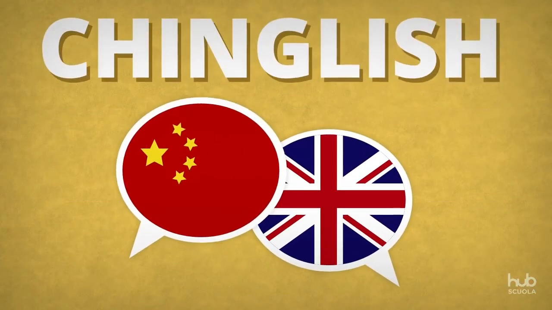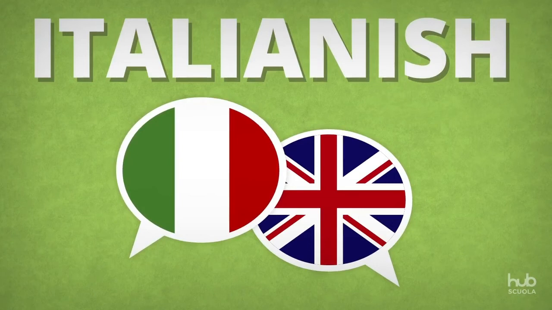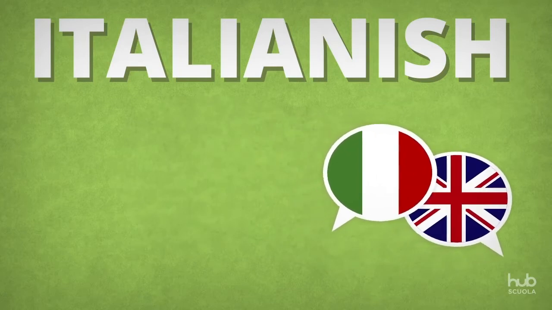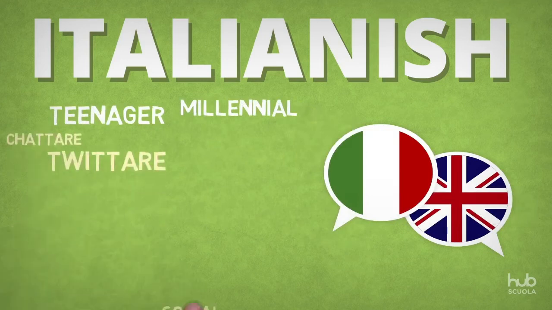Chinglish, instead, is the incorporation of English words into Chinese. Then there's Italianish, a version of Italian heavily dependent on English words. Here are some examples. You might be a teenager and a millennial who likes to chattare, twittare, andare sui social,